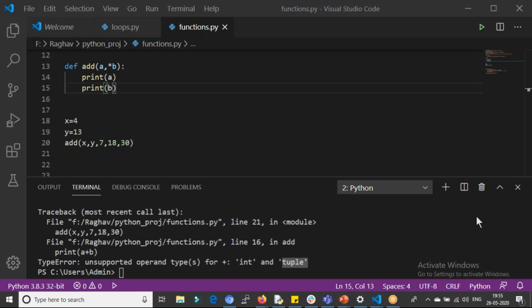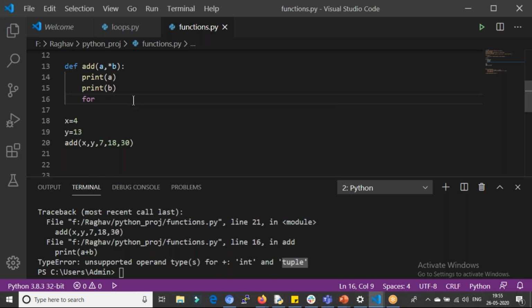Let's see. Add all the values inside the tuple. But to add all the values inside the tuple, we have to access the tuple, right? We have to get the values one by one. How do we get the values one by one? Yeah, for loop and then indexing, something of that sort we have to do. There is no other option. Rakesh? Maybe a for loop with indexing inside, adding something of that sort. Yeah, exactly. That's true.